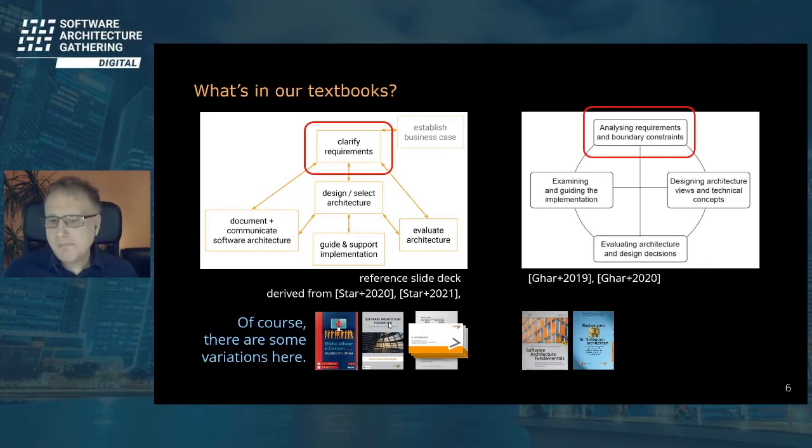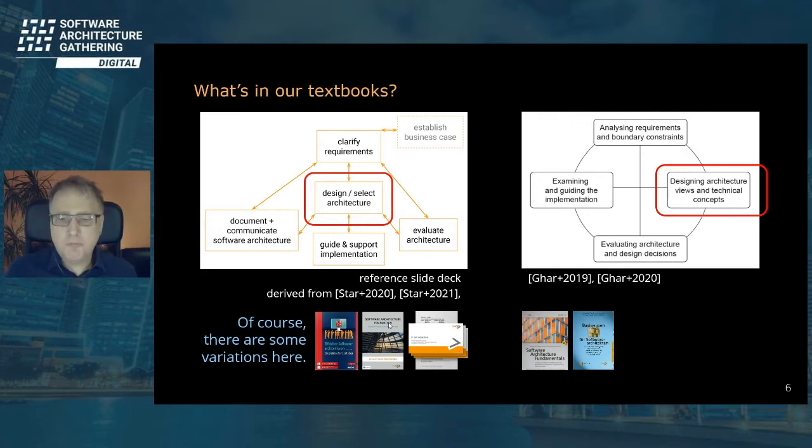some things are quite obvious, aren't they? I don't know really. Of course, we need to analyze requirements and clarify requirements and talk about constraints, but there were a lot of discussions going on about how detailed we do this, where does our responsibility stop? So other things are more obvious.